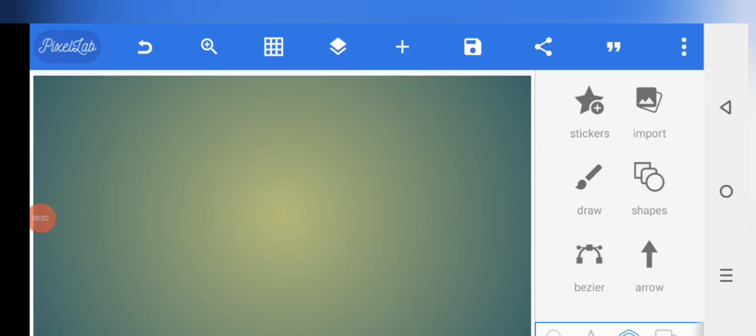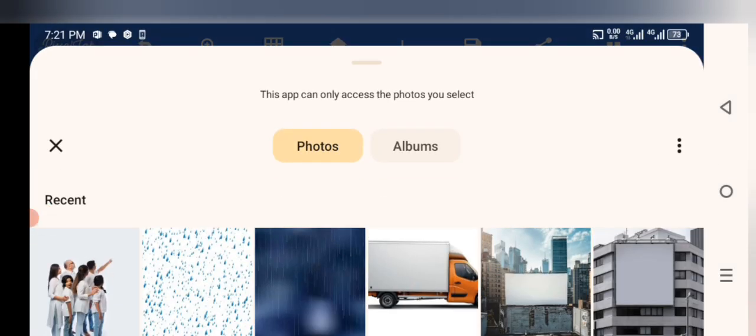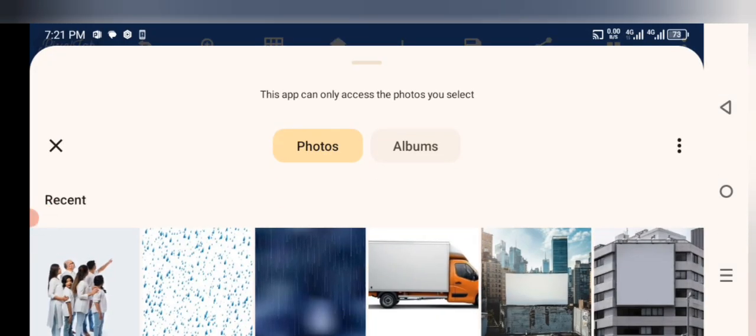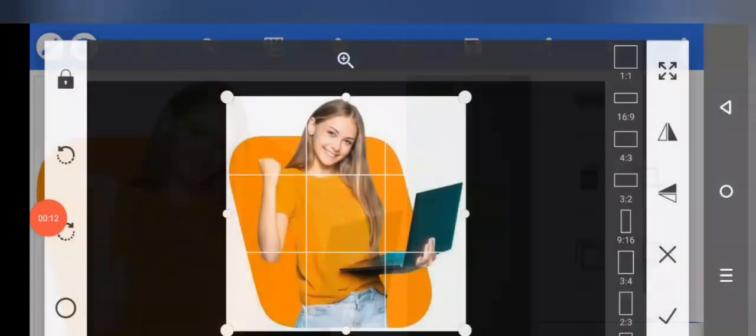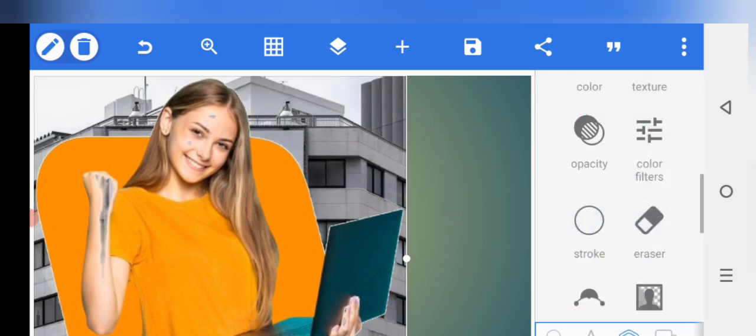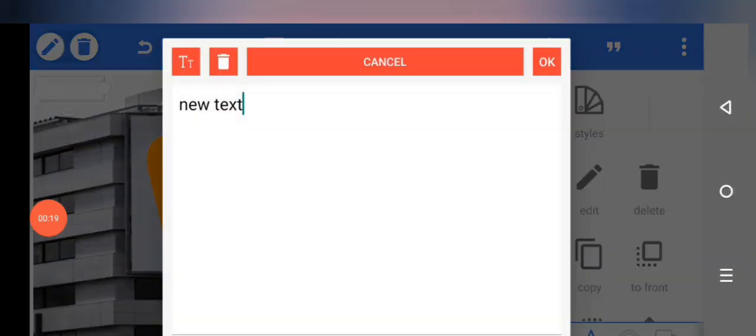On the Pixel app, select the import button, go to the gallery, select a picture, adjust the picture, select another picture, adjust the picture, remove the background, select the razor color, enable button on, adjust the picture, select the text option, edit option by writing,